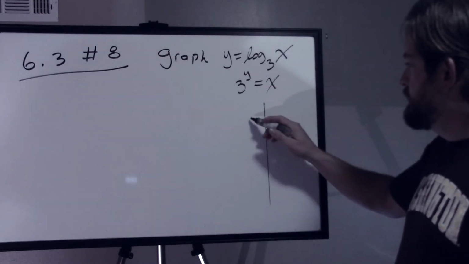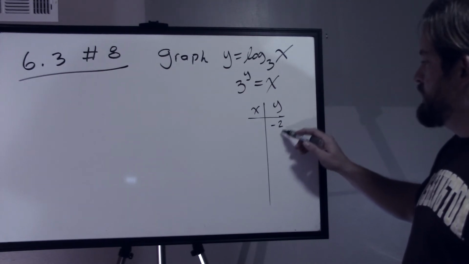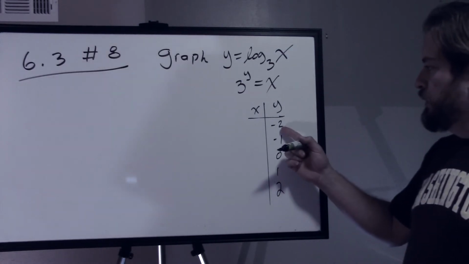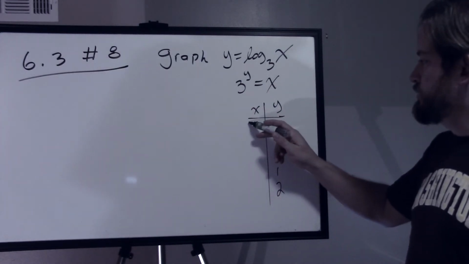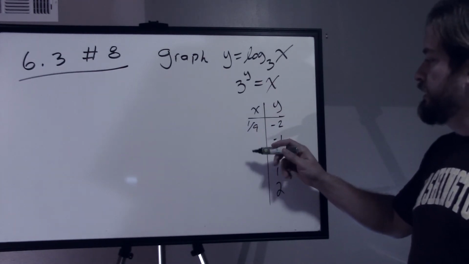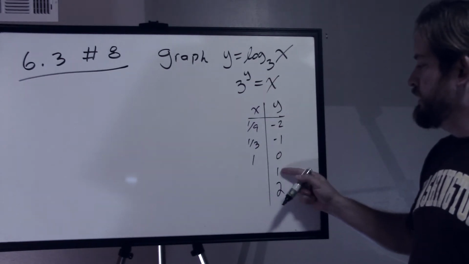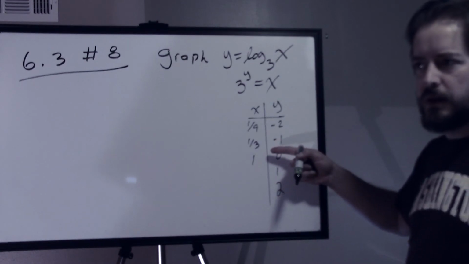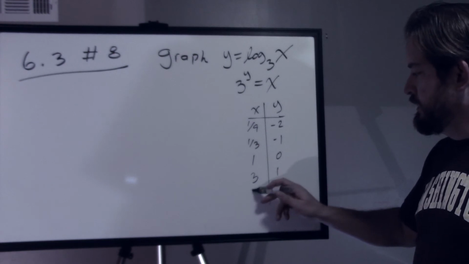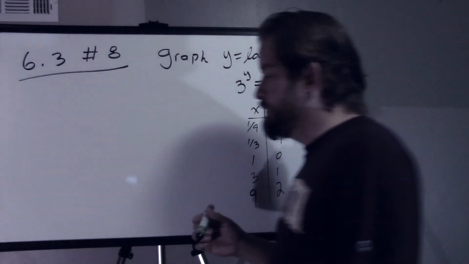So y values of, say, -2, -1, 0, 1, and 2. Right? If y is -2, 3 to the -2 is 1 over 9. If y is -1, 3 to the -1 is just 1 over 3. If y is 0, 3 to the 0 is 1. Right? We can see the pattern emerge: multiplied by 3, multiplied by 3, multiplied by 3, and multiplied by 3. So this should give us an idea of how this looks, and if I graph this,